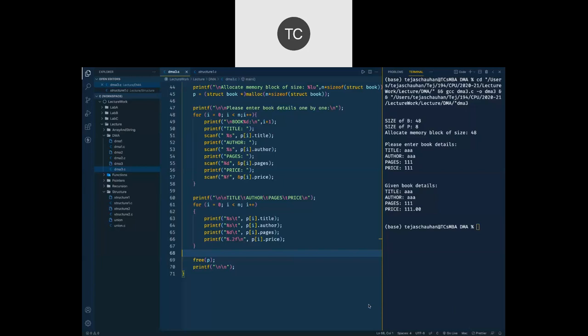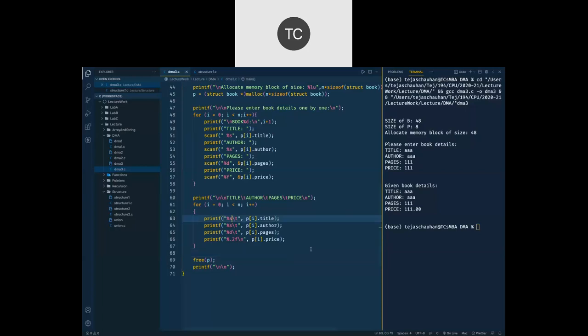If your variable is a normal structure variable, then members are accessed with dot, but if your variable is a pointer variable, then you get the structure members with the arrow operator. Okay, that's the difference. Dot and arrow both are going to give you members depending on your variable. Normal variable, go for dot. Pointer variable, go for arrow.